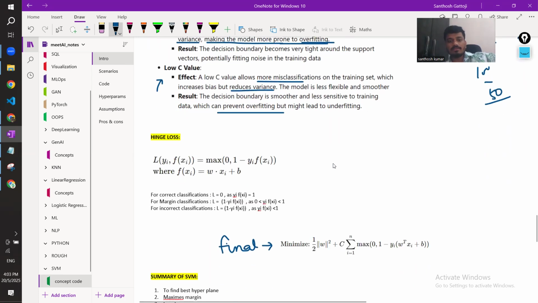So I think these are the basic concepts behind the soft margin. Finally, you have the loss function. Just to summarize, every equation will have a loss function. In linear regression you have loss, and logistic regression also has loss. What should be the loss? The loss should be minimum. For that, what we did, just to give a recap,